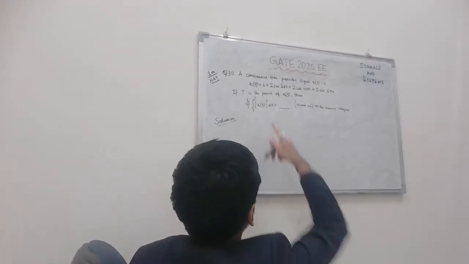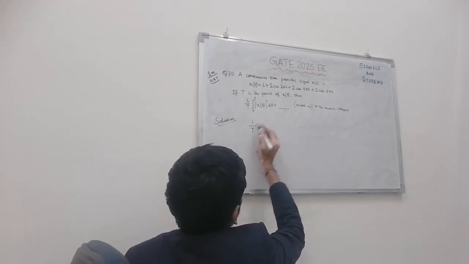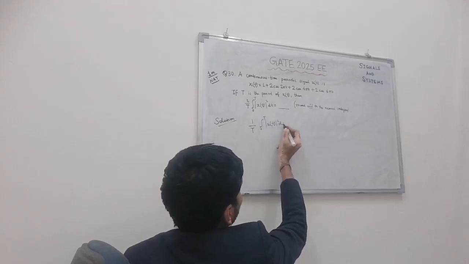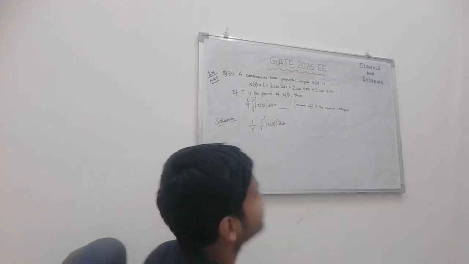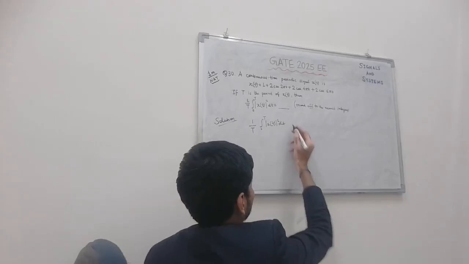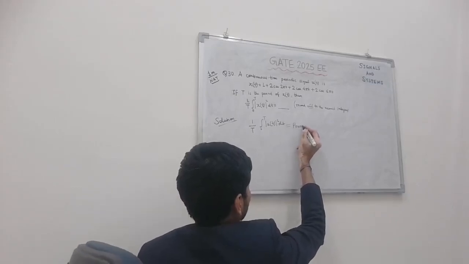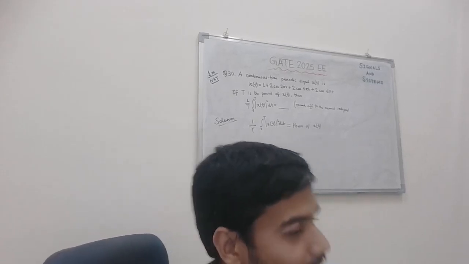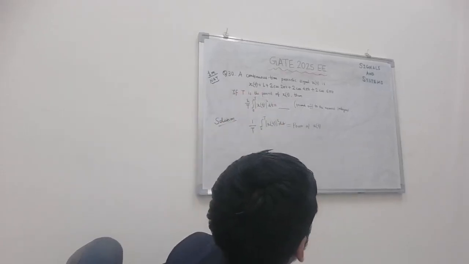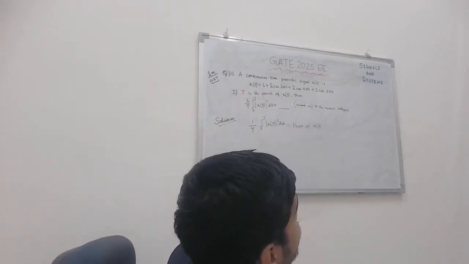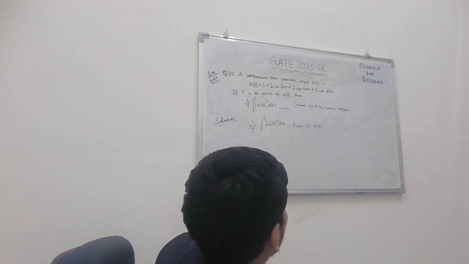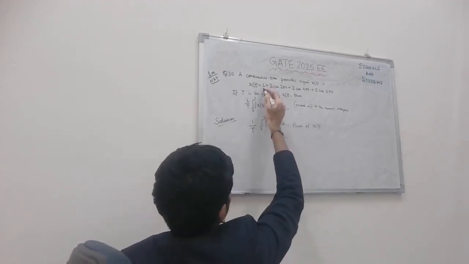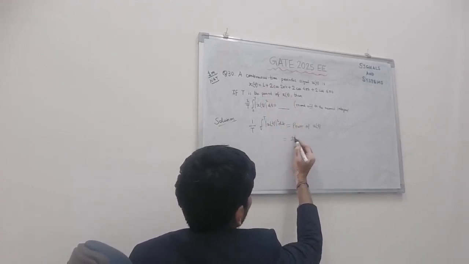So what does this signify? For a periodic signal having time period capital T, this signifies the power of the signal x(t). Now the power of x(t) can be calculated simply by taking the squares of the RMS values of the different components and adding them. So the DC term power is 1 squared.